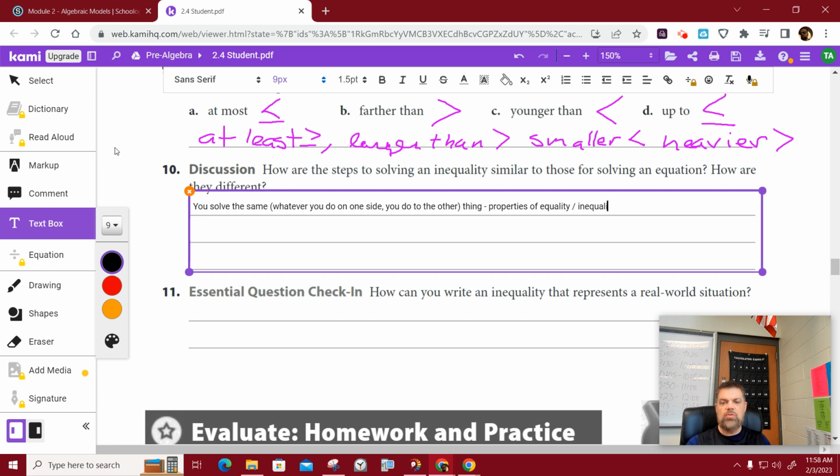So if I add 3 to both sides, it's a property of equality if it's an equation. If I have an inequality symbol, less than, greater than, or whatever, then it's a property of inequality. Adding 3 to both sides, an addition property. Okay? So that part, they're the same. The difference